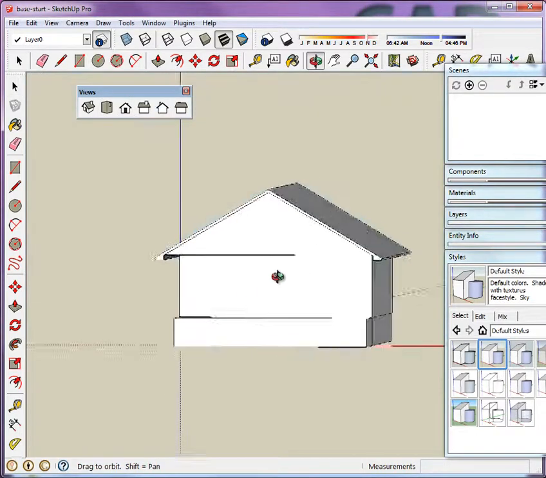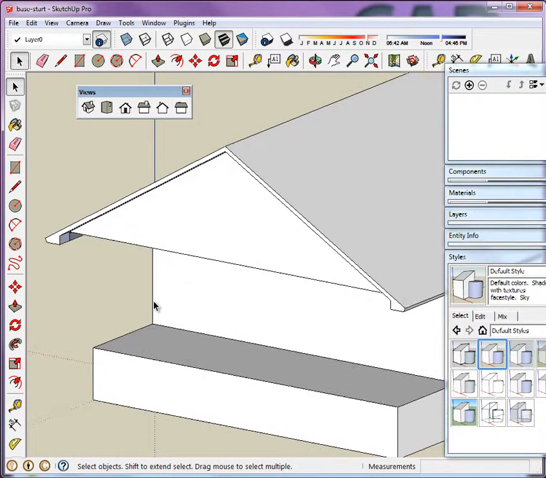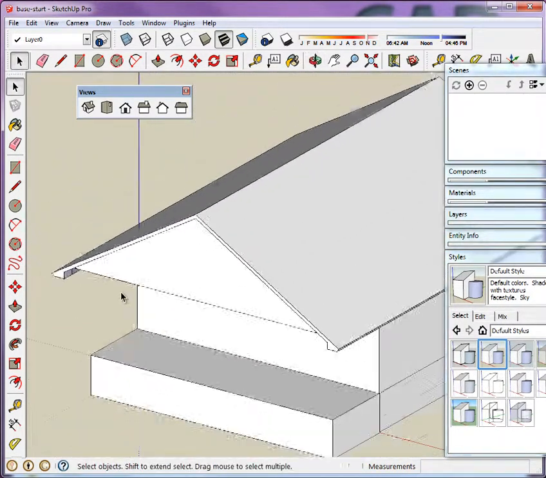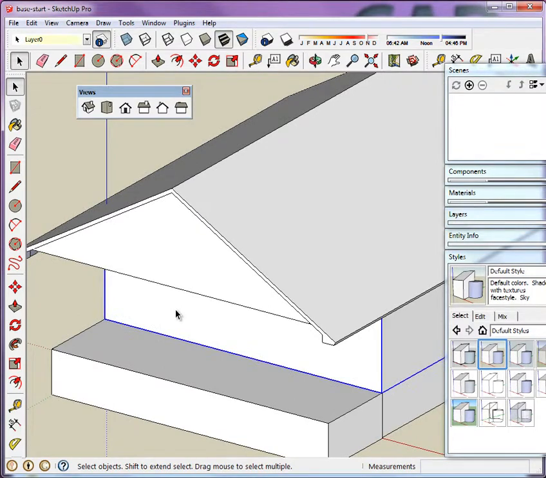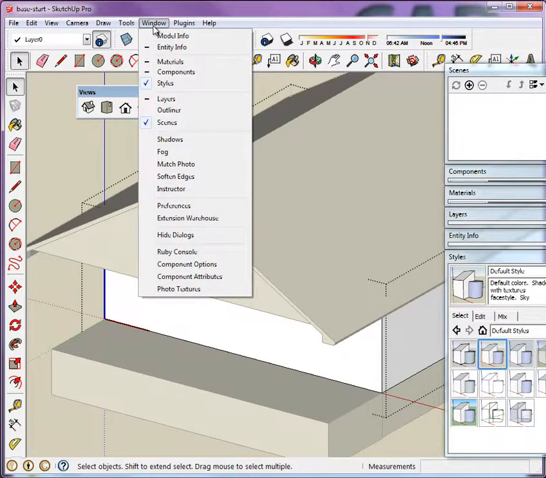So up to this point, this will be the basic outline. And just real quick here, we'll take one quick look at windows. If I select the wall component here and I right click and edit the component, you'll see the rest of the model fade back. Now it still may obscure what I'm working on, but if you take a look at your